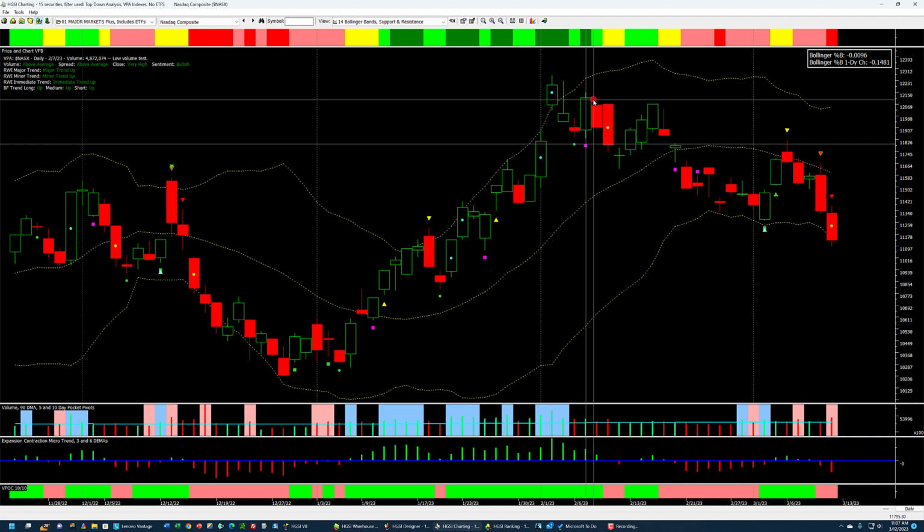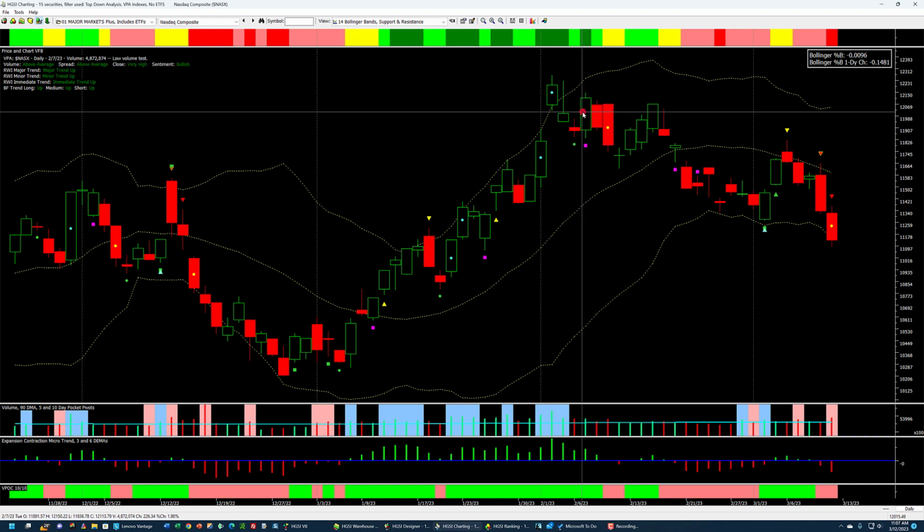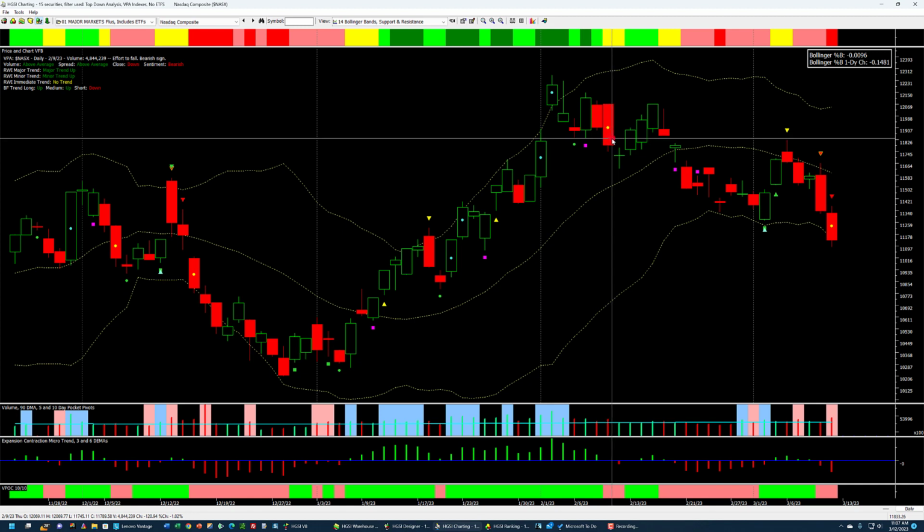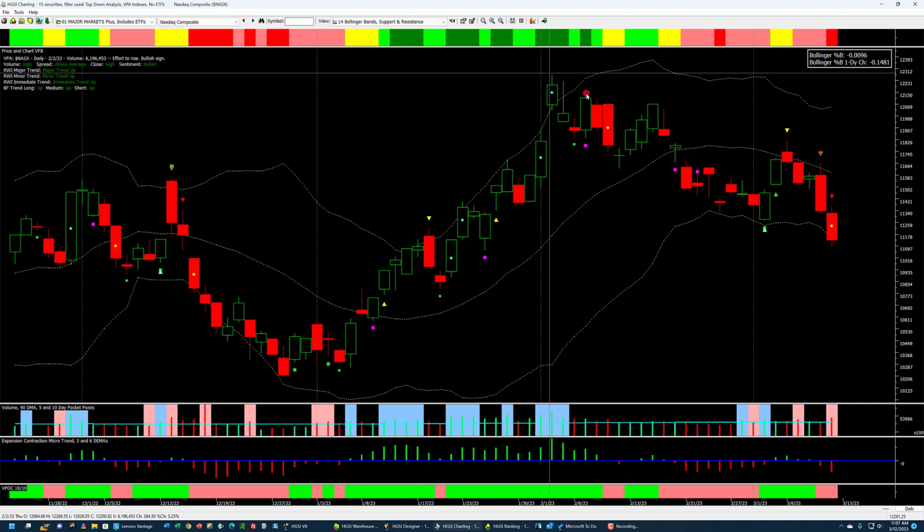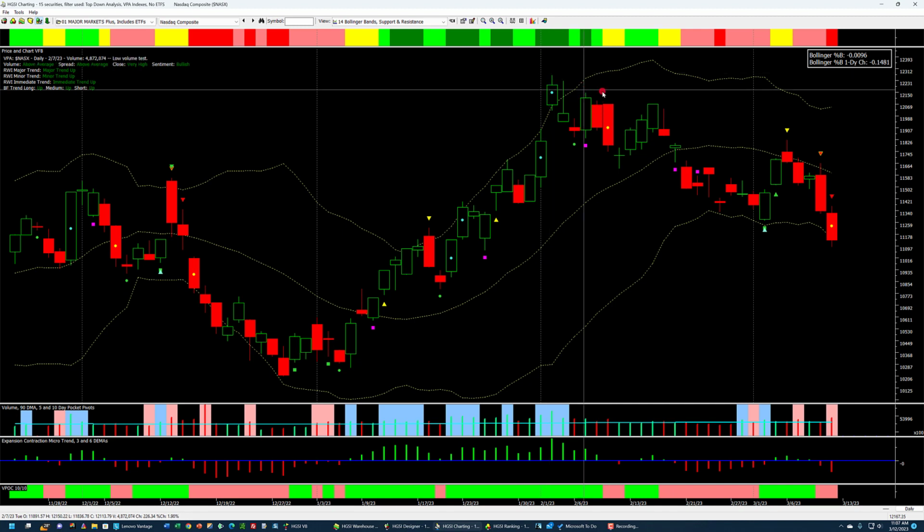But there was an inside day here, inside the prior day's candle, and then weakness. So we were not getting back up to surpass this high. This is a lower high at this point, lower than this. And then we established a lower low here, and then we established another lower high.